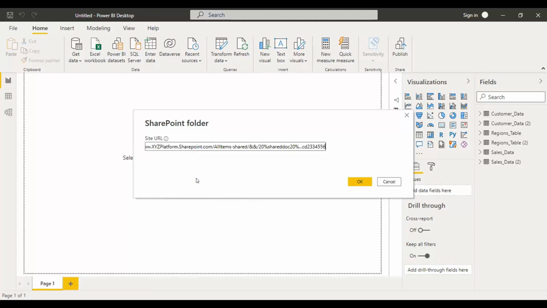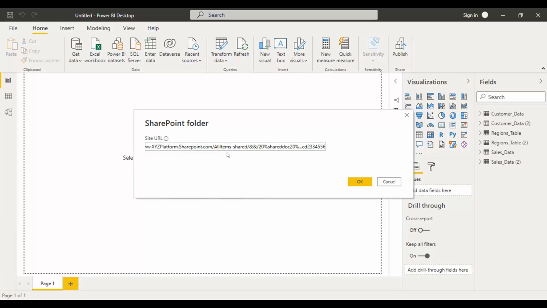For SharePoint folder, we have to use only the main URLs to connect to the source. So here, when we hover on the I, it gives us the reason. So here it is saying we have to connect only to the root URL, not to the subfolders. But in this URL, whatever I created here, it has the main URL along with the subfolders.